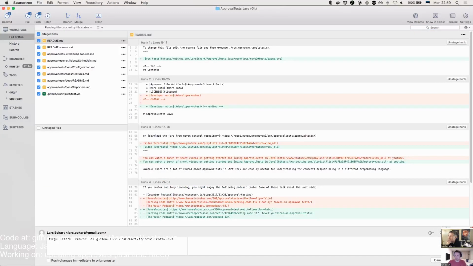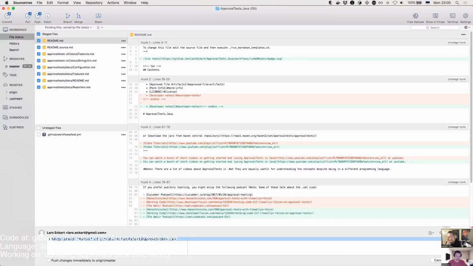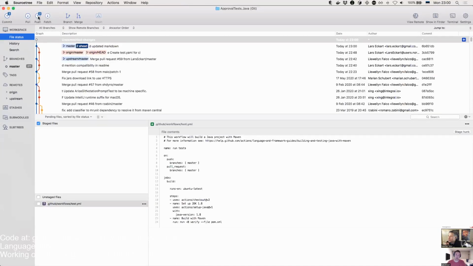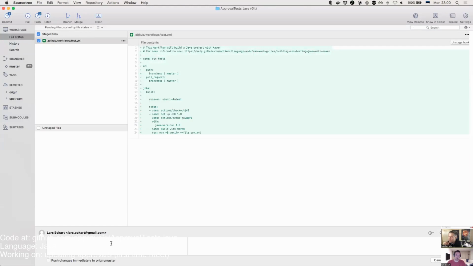Again with a D or lowercase d. But there's actually really two things going on here. Do me a favor, uncheck the YAML. Commit all of this with a lowercase d, just updated markdown. And then go and commit also, no, just commit again. That, with an E, added GitHub Actions.